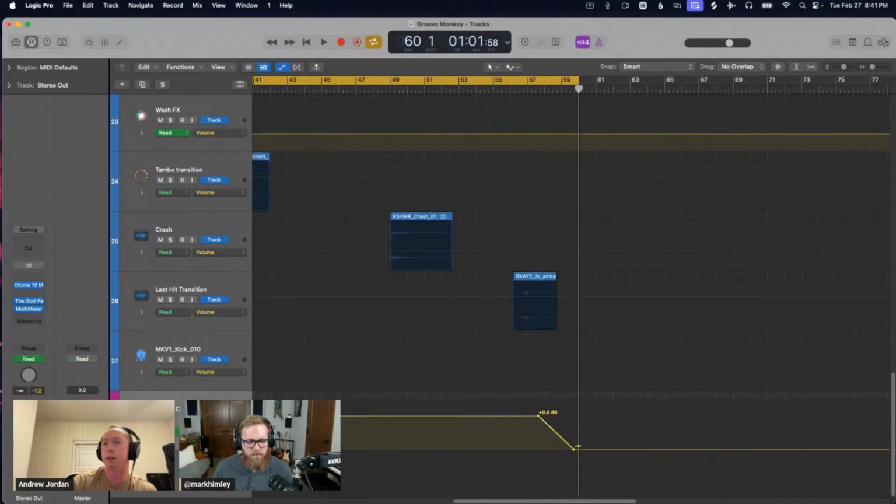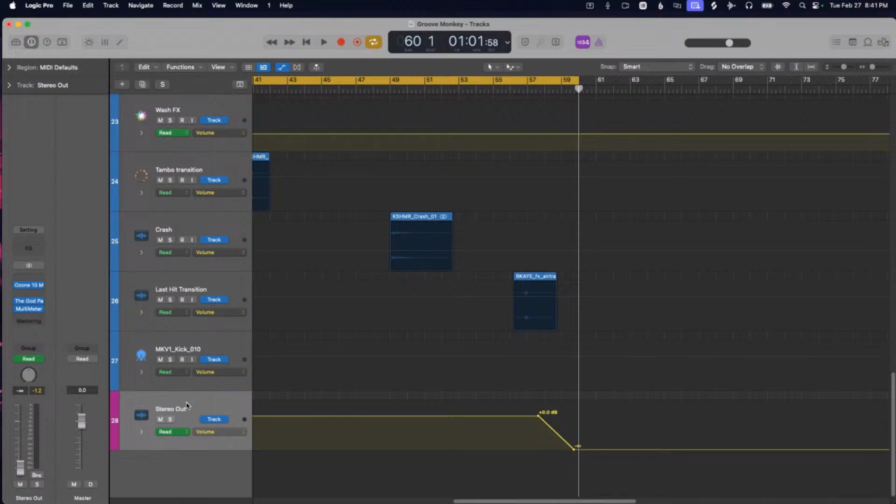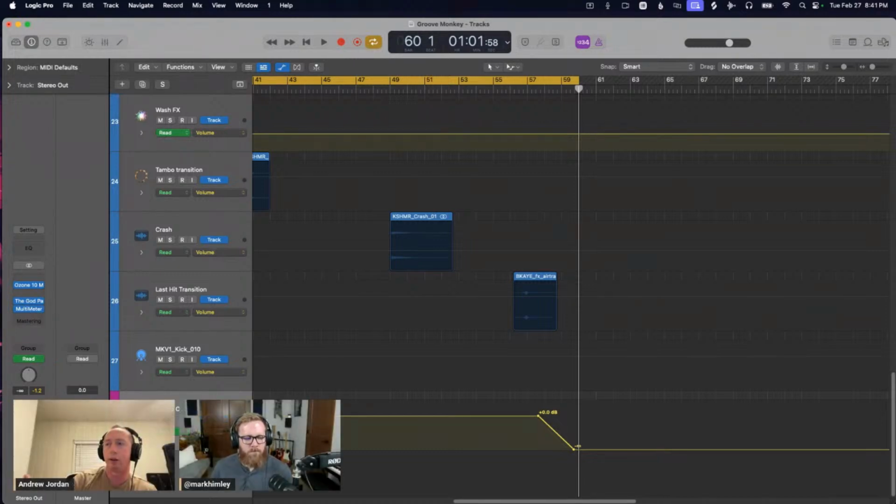This is the volume automation for my stereo out. In other words, this is the very last stage before it's exported into a WAV file or MP3, whatever I'm creating. And this volume automation is taking the very end of the track and slowly fading out